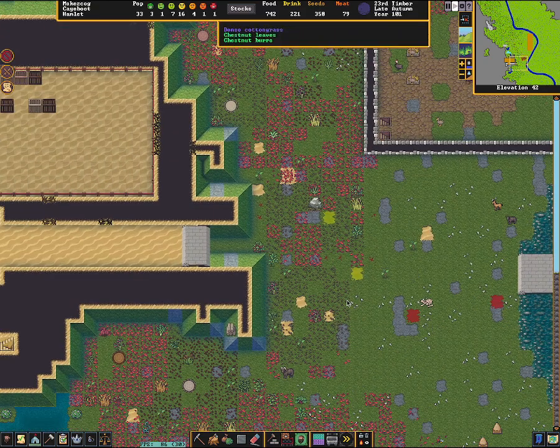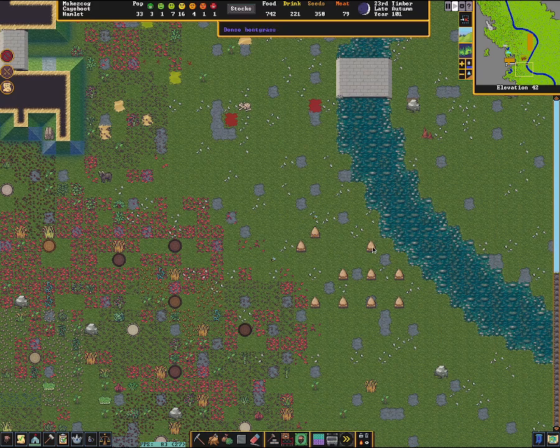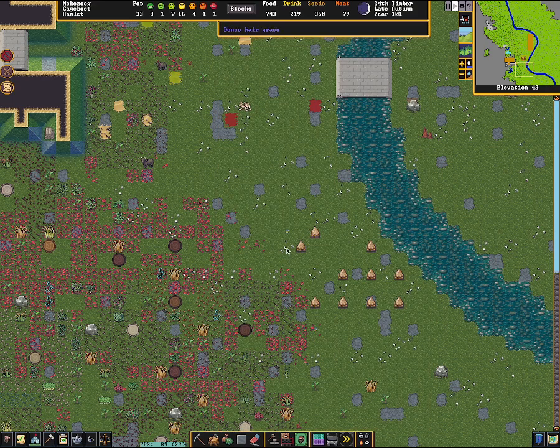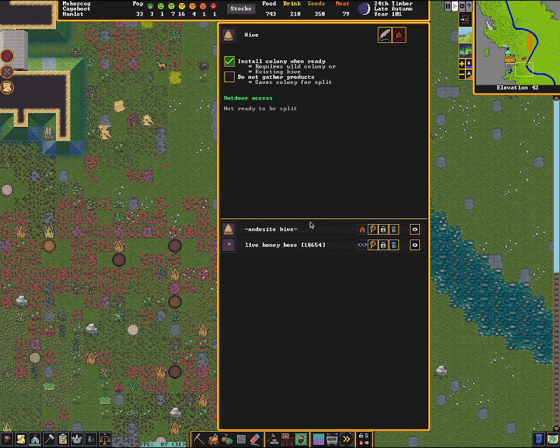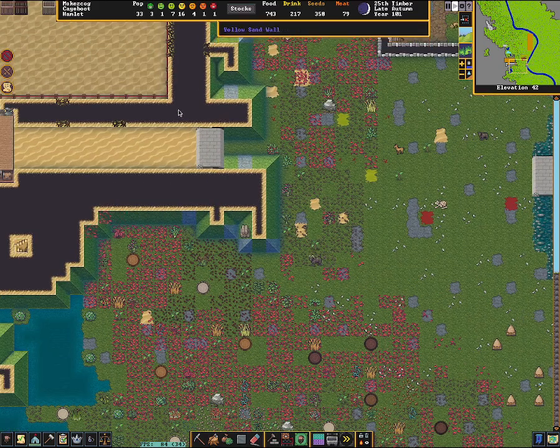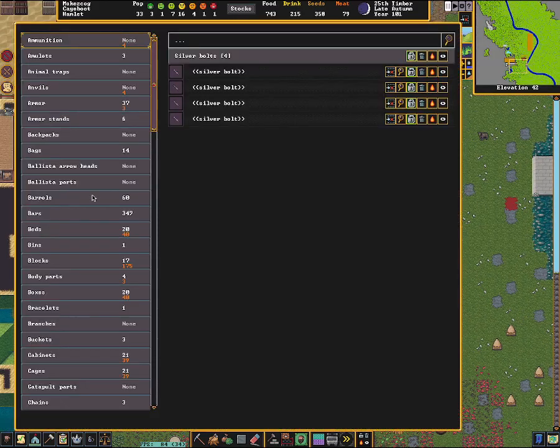How are we doing on beehives? So there's 1, 2, 3 that do not have a hive yet. So what's most likely happening, though, since they are filling up, is these ones have been getting ready to be split, and then the dwarf will automatically come and push it over. I do not know if we've had any honey yet. Let me see if...